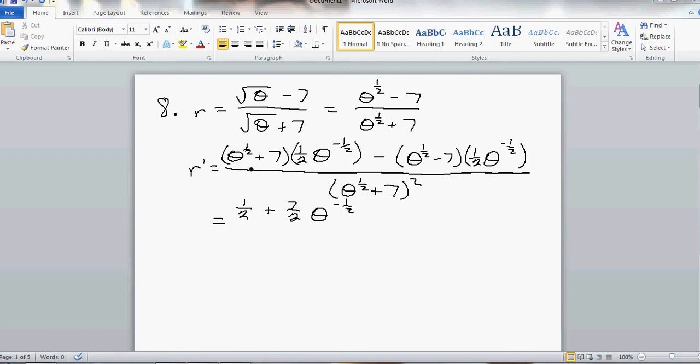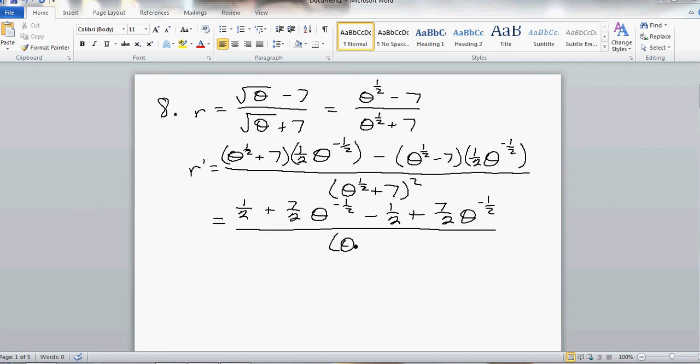That's just distributing this to both pieces. Likewise, we distribute this, and 1/2 times theta to the negative 1/2 times theta to the 1/2 would be negative 1/2. And then this would become plus 7/2 theta to the negative 1/2, all over